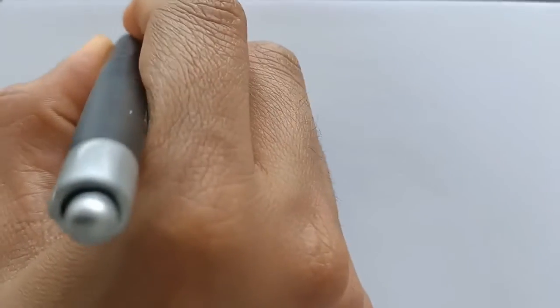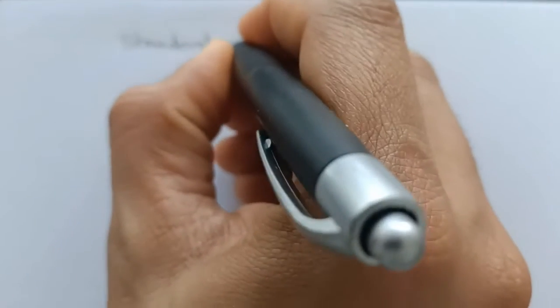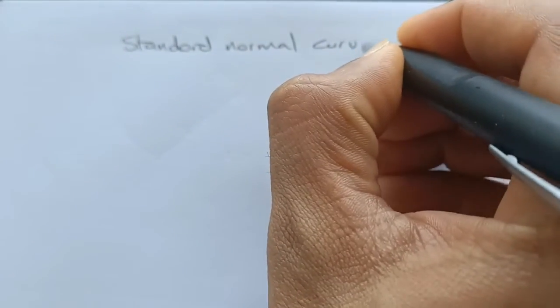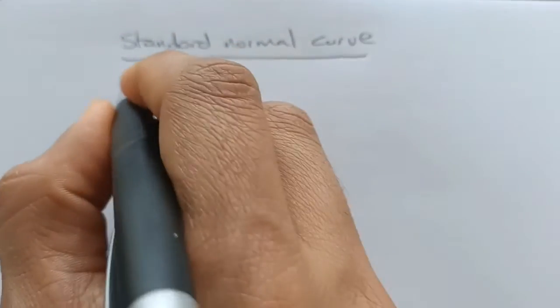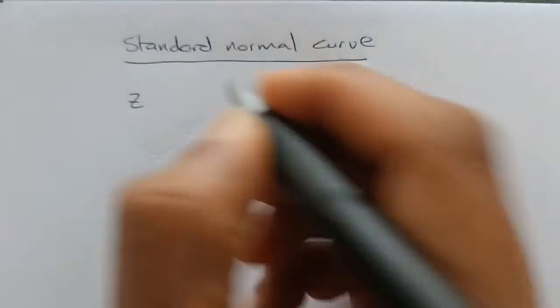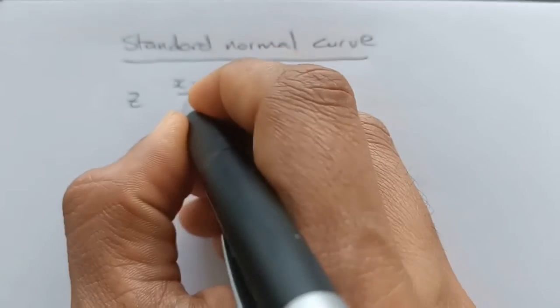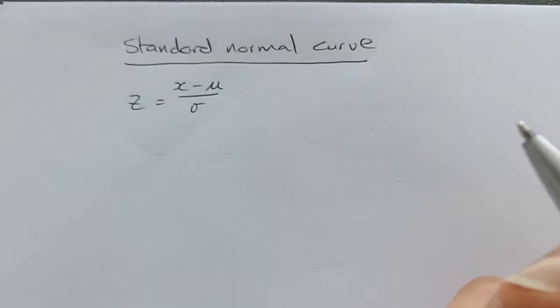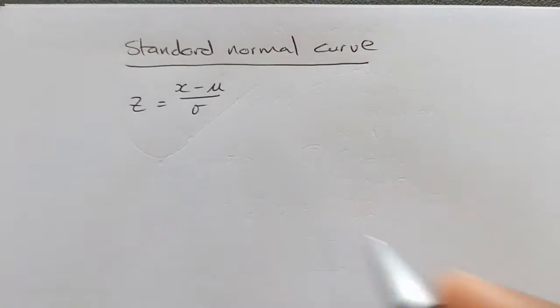Alright guys, today we're going to be doing the standard normal curve. With the standard normal curve, what we've done is we've taken all the values that you would normally get and we've standardized them through a process of coding. The coding we use changes our x values into z values, so we use x minus the mean divided by the standard deviation,